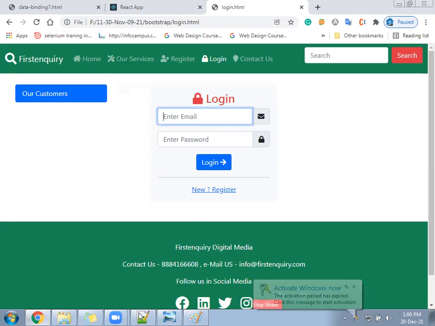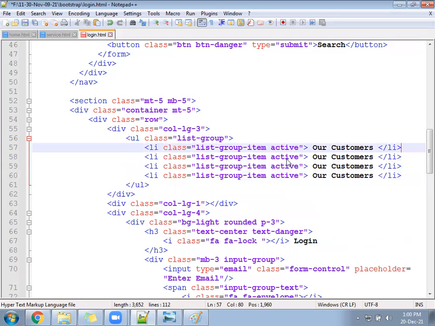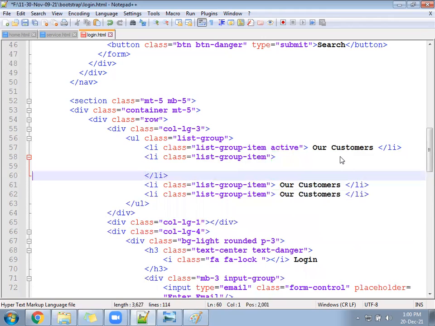Now in this, display some 3, 4 items. Active is not required everywhere. Active will be in only one place. And we can write inside the first li: travels agency.